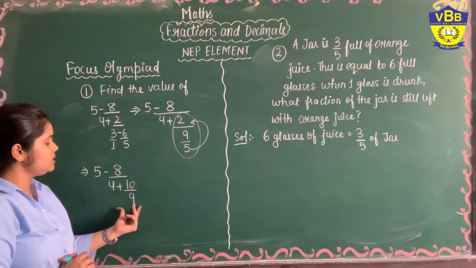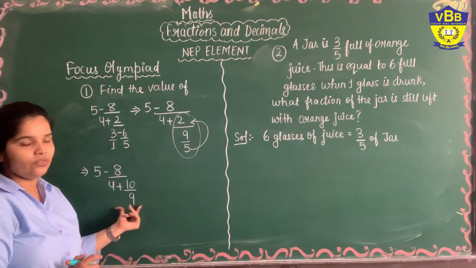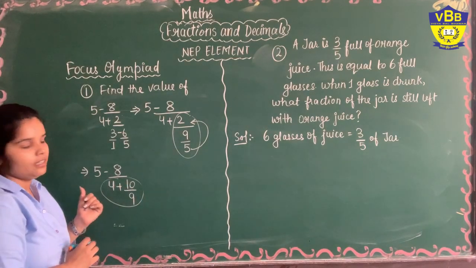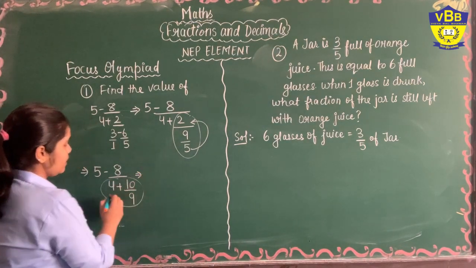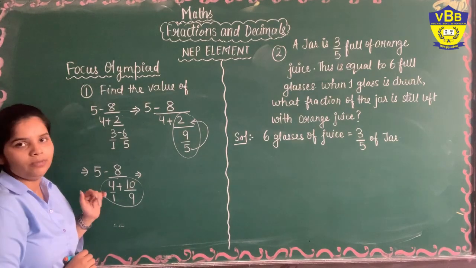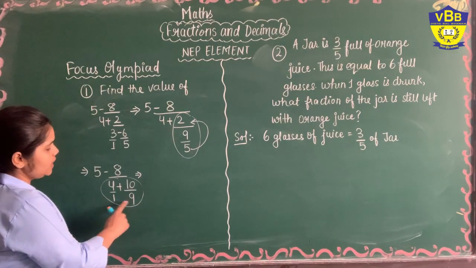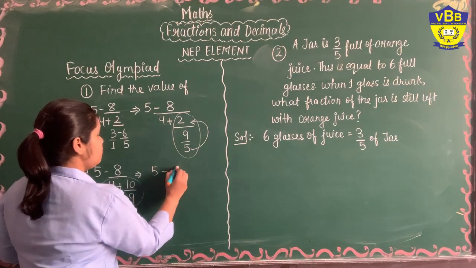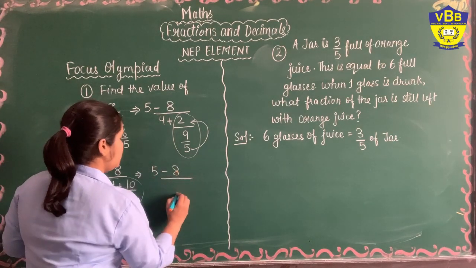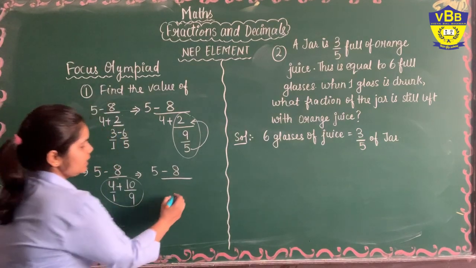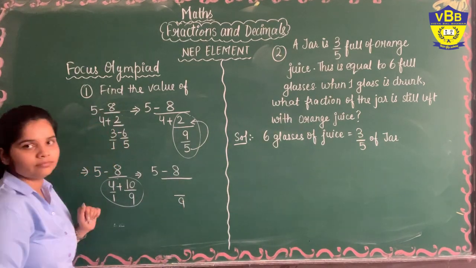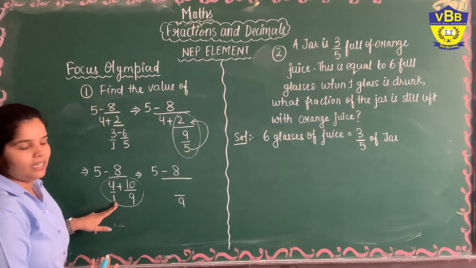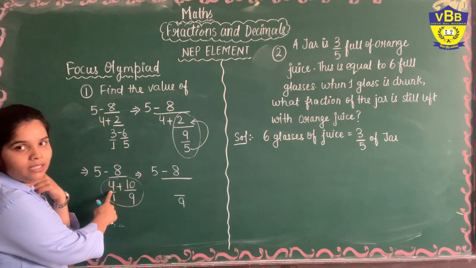Now here you can see another addition of 2 fractions. Again add the 2 fractions here. Again you will write 1 below the 4. LCM of 1 and 9 will be 9. So write it down, 5 minus 8 upon, when you solve this, it will have the denominator 9. To make this 1 as 9, multiply it by 9. So 4 will also be multiplied by 9.